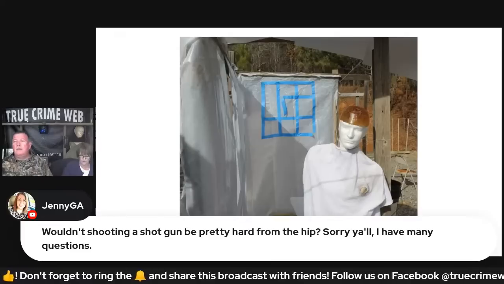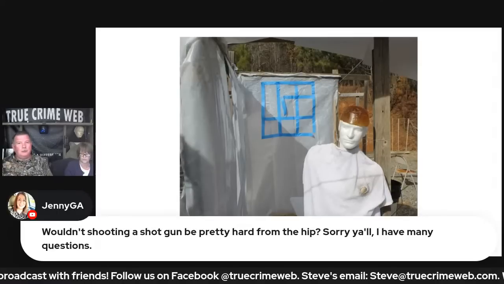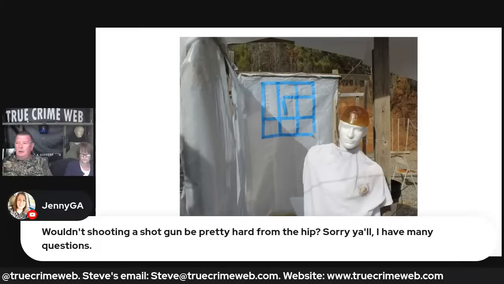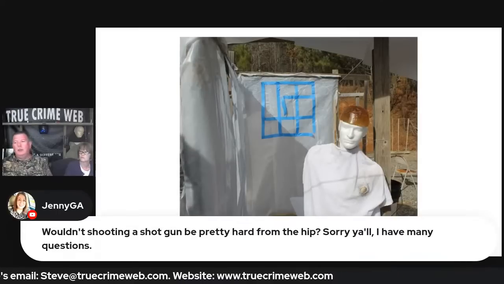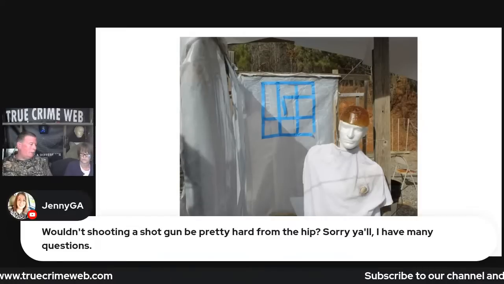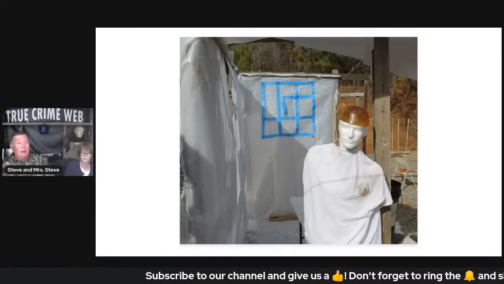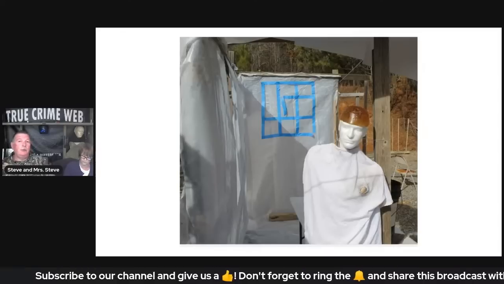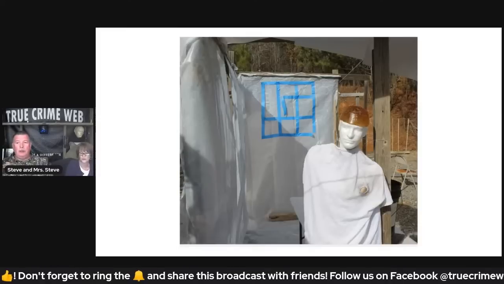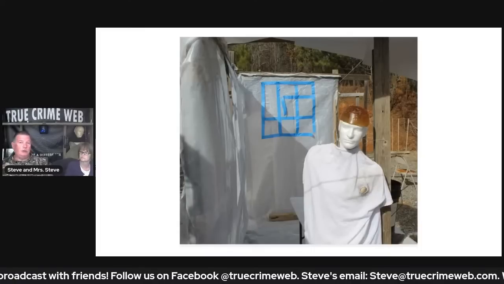And was there a reason that he was holding that gun in that position? There could have been a struggle trying to get control of the gun when that first shot was fired. There's so many things and so many variables we don't know. But no, that's not the preferred position to fire a firearm, from the hip. But that angle dictates that it was somewhere on that line. The offender could have already been on the ground or on his back, leaned up, or he could have been shooting from the hip. I chose the hip because it was the easiest one for me to do, and I just chose that at random.